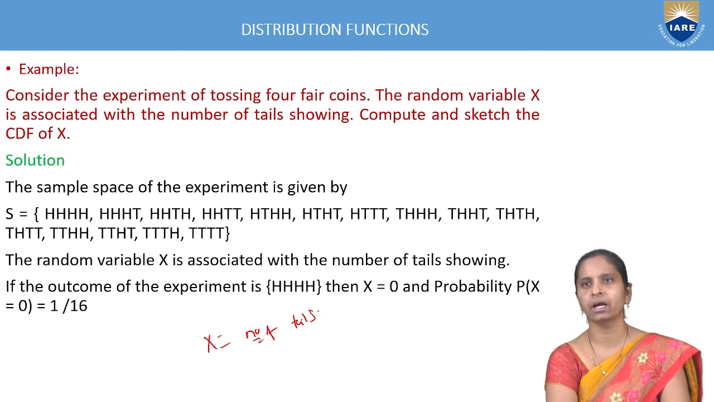What I have to do here? I have to compute and then sketch the distribution function of x. So when I toss a coin 4 times, or when I toss 4 coins, what is the list of all the possible outcomes? So first